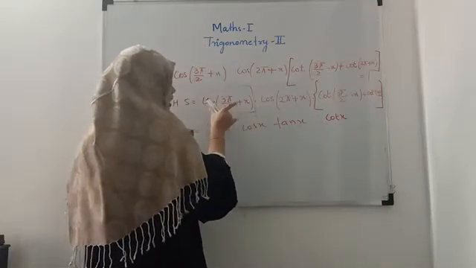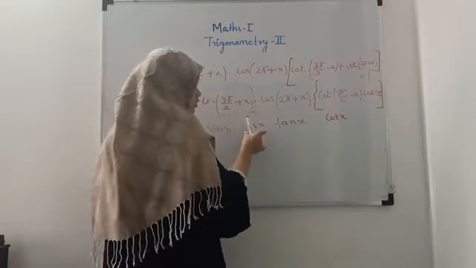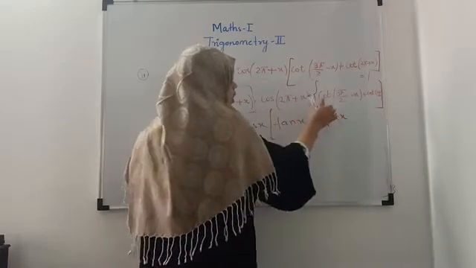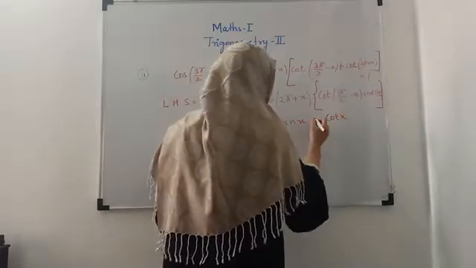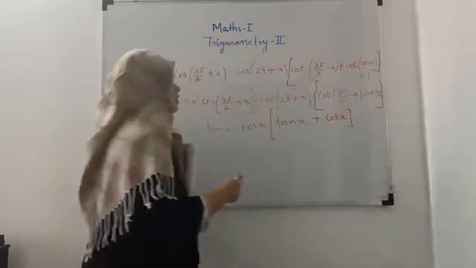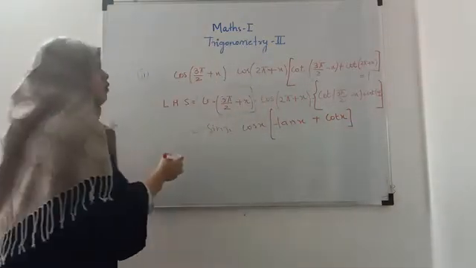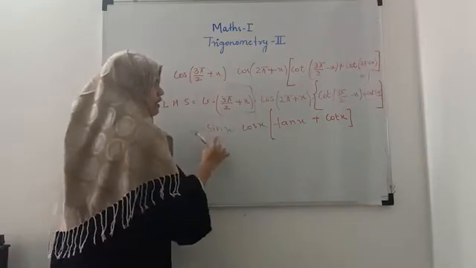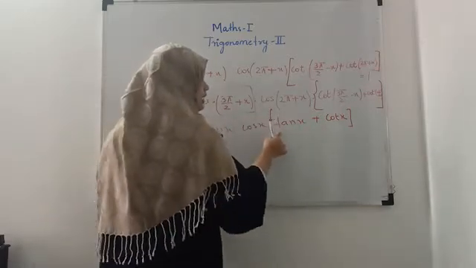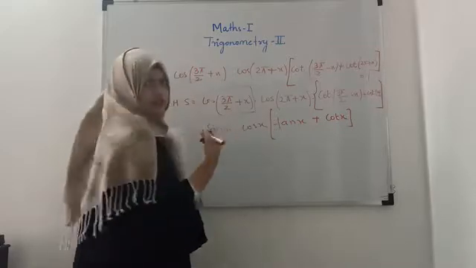Sin x. Answer of this is sin x. Answer of this is cos x. Now cot of 3 pi by 2 minus x is tan x, and cot of 2 pi plus x is cot x only. Okay. Now what I'll do, I'll multiply this term inside. Before multiplication, I'll write this tan x and cot x in terms of sin and cos.